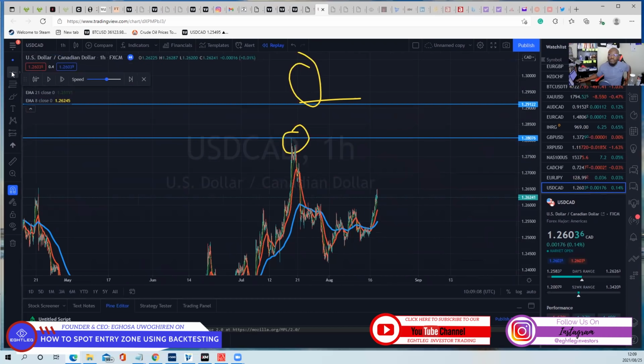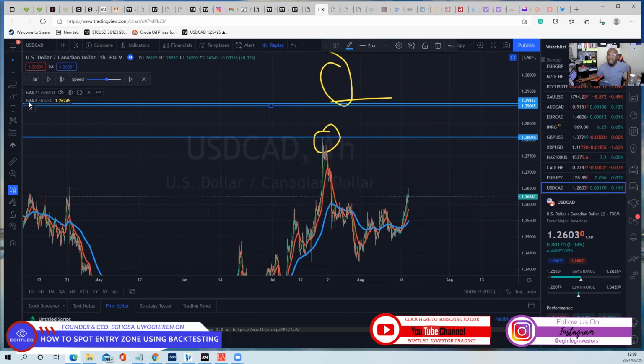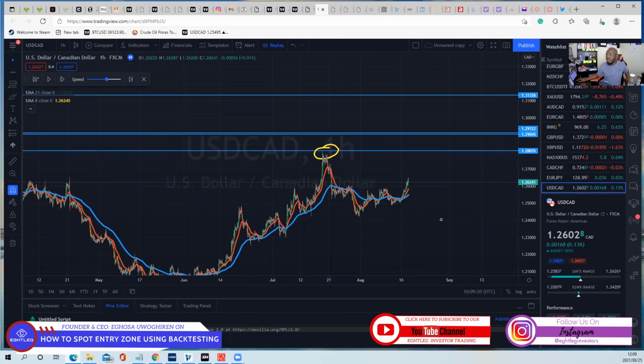My entry level will be at this level. Sorry, let me take this one off. Now, my entry level will be at this level. Then my stop loss will be here. My take profit one now